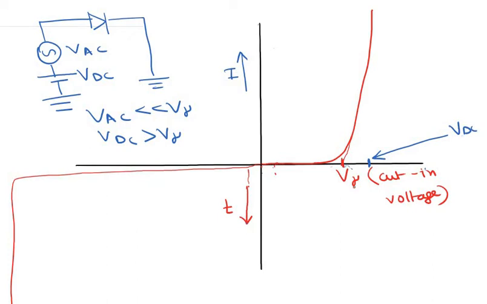Okay, so corresponding to this DC voltage, there is actually a DC current that flows through the diode. So how can you find out the DC current that flows through the diode? You take this point here and then you map it to the current axis. So you map it to the current axis here. So this is the DC current, which is IDC.